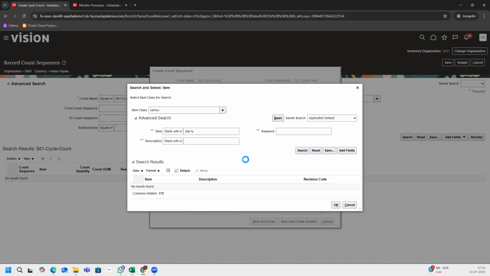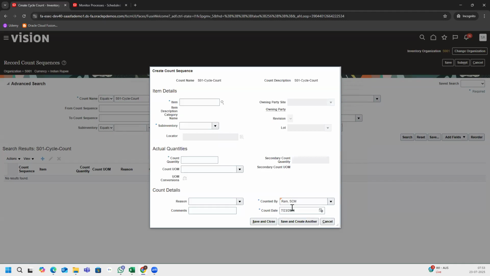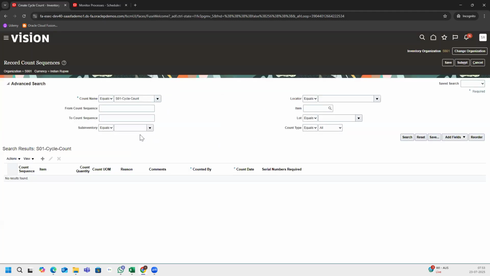It's not adjusted for, it's not suggested for today. Any adjustments? No, it's not allowing us to select any item. So